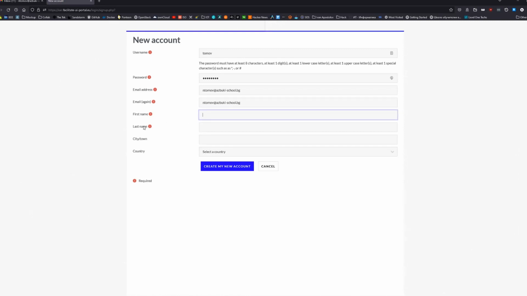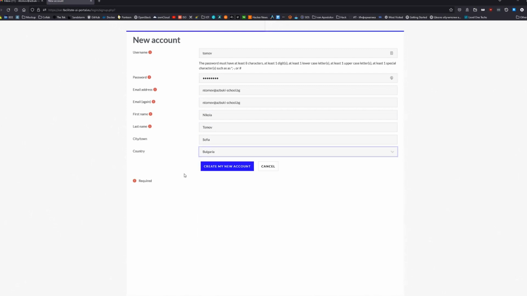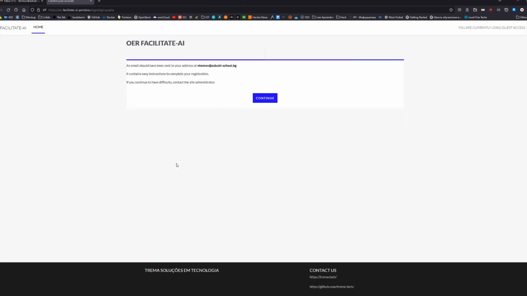So now we can enter our first name, our last name, our city. I'm from Bulgaria, so it will be the capital of Bulgaria, Sofia. And here we must select country, which is Bulgaria, my country. After that, we can click the create my new account button. We wait a bit, and now we are presented with the next step of the registration.